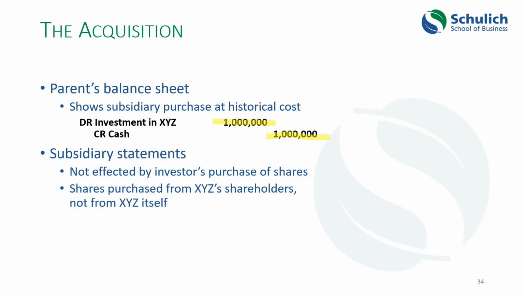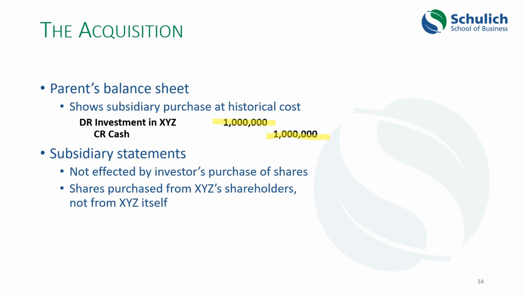Right? So the parent company has a new financial asset that is shown at the value that is paid for it. And this is assuming, of course, that it's an arm's length transaction, that the price that was paid for it is a fair price. Obviously, if you purchased a subsidiary from somebody that you were related to, you might negotiate a price that is favorable to them or favorable to you, and the accounting considerations become a little more complex. So I'm only talking about a transaction that takes place at arm's length where you have no influence over the price. It's simply a fair price that's paid for the shares in that other company.